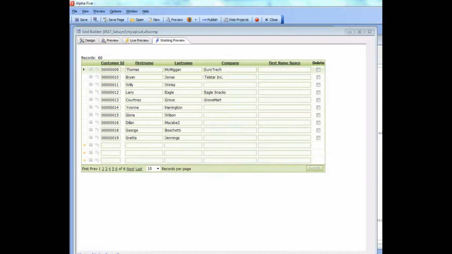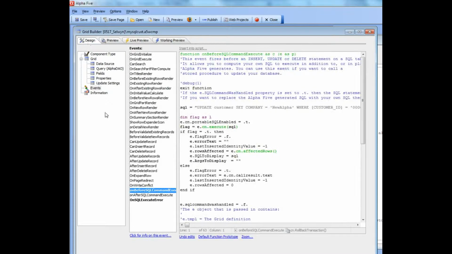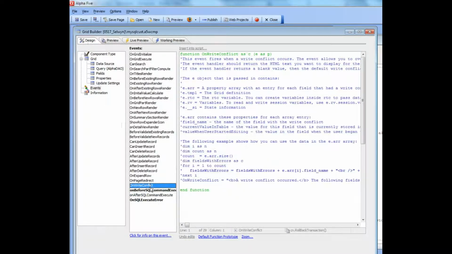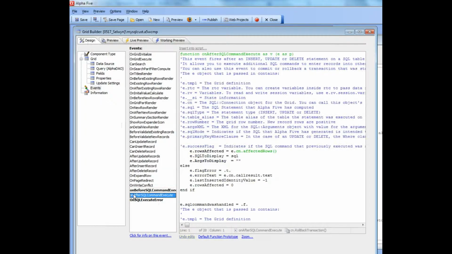In this video, we're going to discuss two new server-side events that have been added to version 10.5 when you're working with a grid that's based on a SQL table. So if we go to design mode and we switch to the events tab, you'll see that there's an event here called onBeforeSQLCommandExecute,